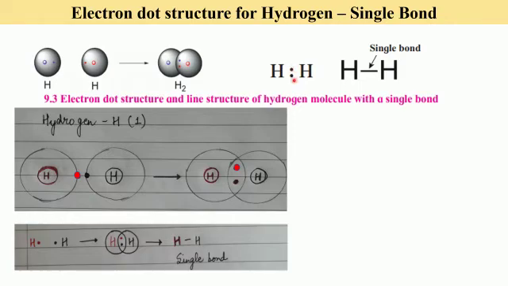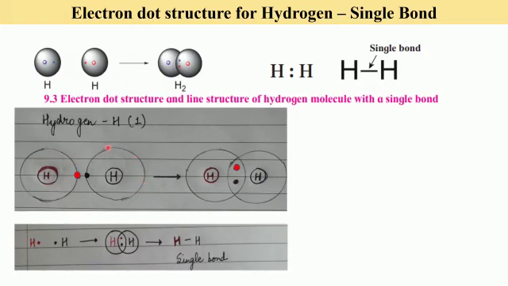Since one pair of electrons is being shared, it is indicated by one single line. One line indicates two electrons, or it's a single bond. So hydrogen molecule is formed due to a single covalent bond by sharing of two electrons. Now here, this is how you have to draw. You must sit with your notebooks and pencils. I have taken here a 10 rupee coin to show the valence shell of hydrogen.